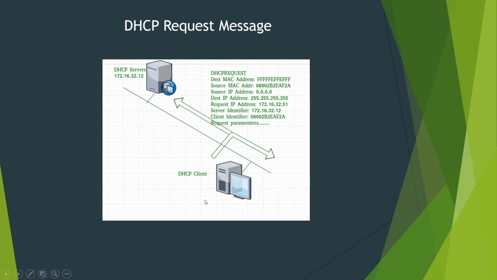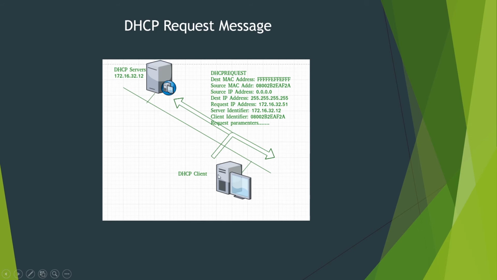It sends the ARP request: who has this IP address, tell me. If any computer having that IP address responds with a MAC address, then the DHCP client understands that this IP address is already assigned to another computer. Then this client asks again with another request.